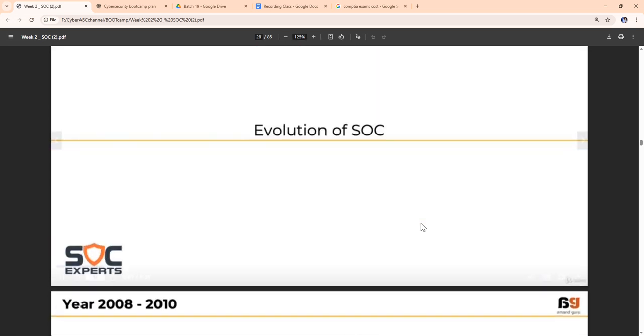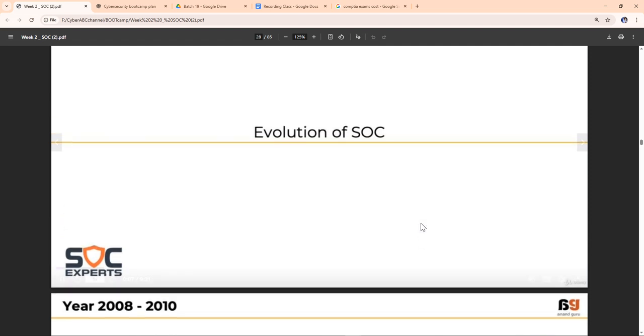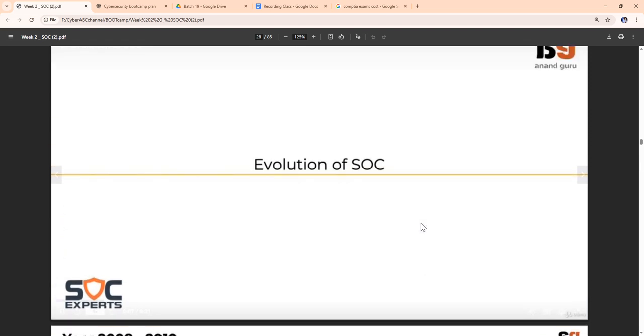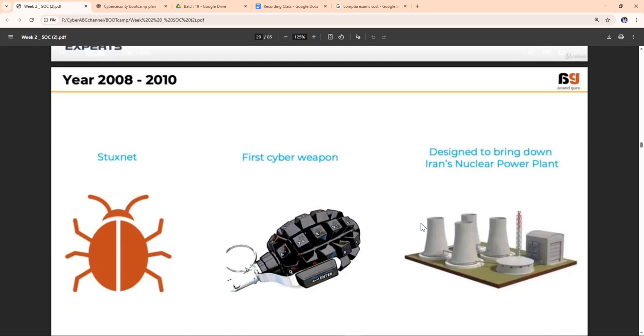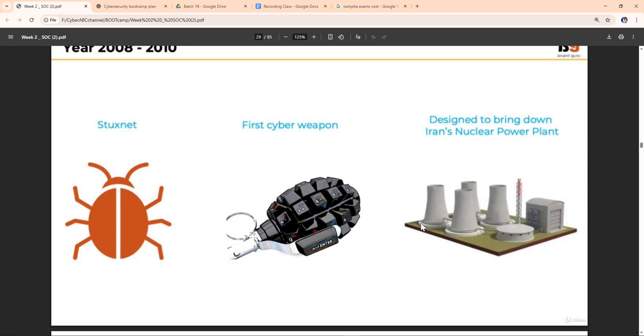So the evolution of SOC. How did SOC come to be? Where did we start from? This journey of SOC, how did we start? So we are going to look at the state of,